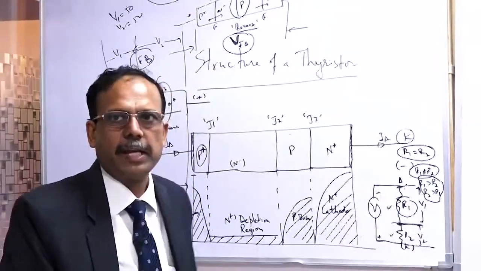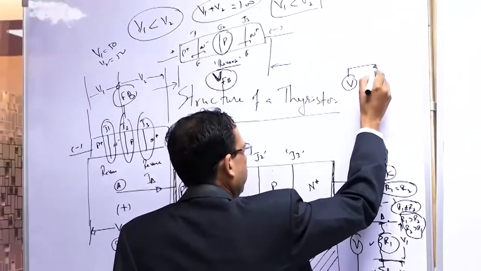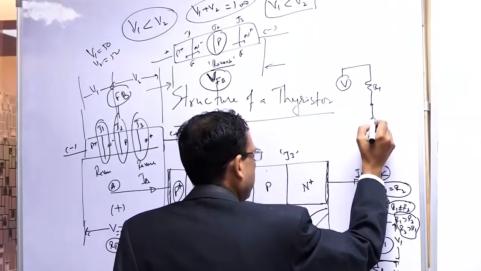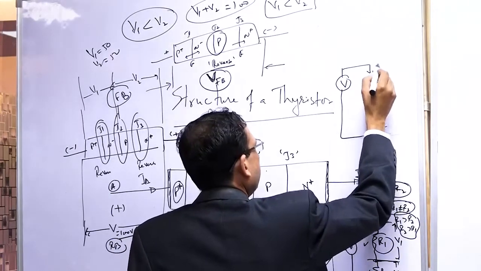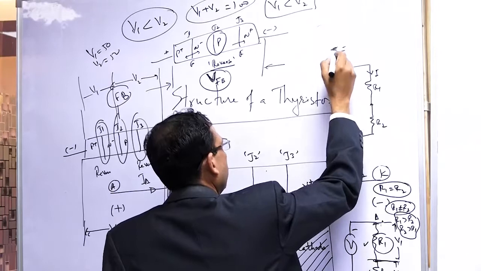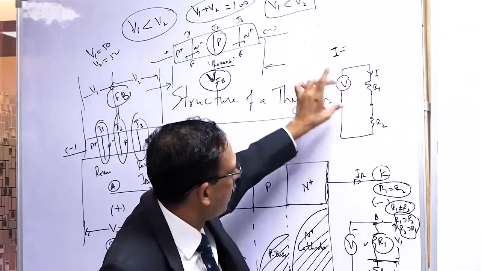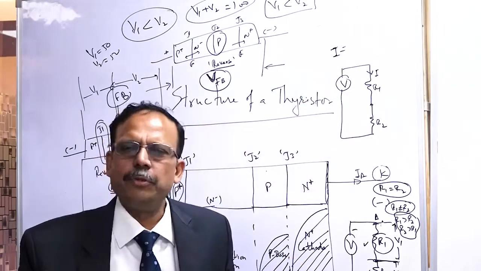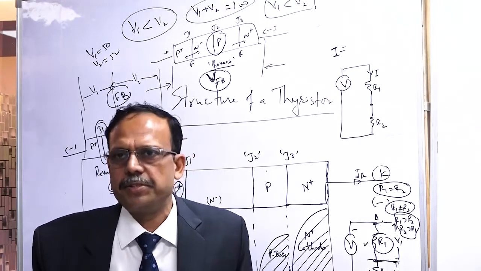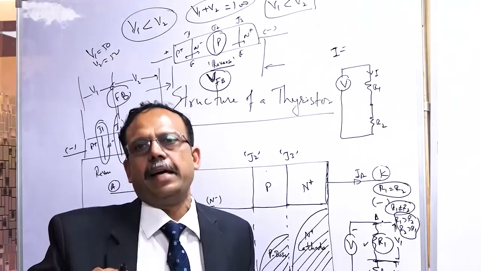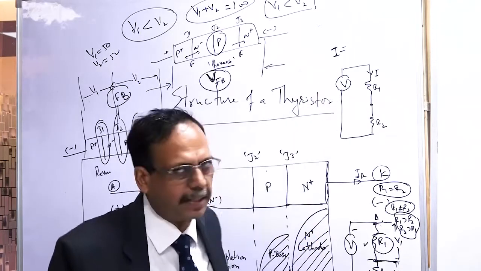Ramesh Krishnan ji, do you agree with him? Now let us say a voltage is applied, and there is a resistance R1 and a resistance R2, and let us say this is the current. What is the value of current? If there is a voltage applied with R1 and R2, what is the current? Correct, Sunil Gupta ji. I am asking Ramesh Krishnan ji, because he said V1 is going to be less. Sunil Gupta ji has said V1 is more, and is right. I just want to explain what the current is in this circuit.